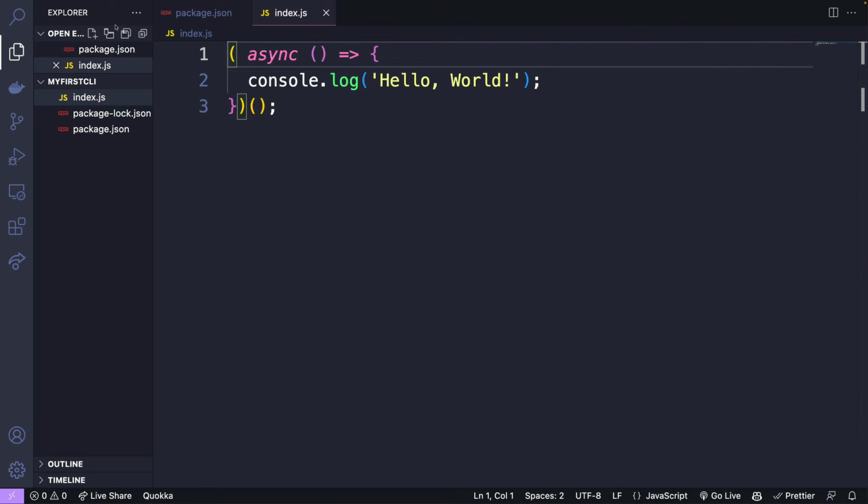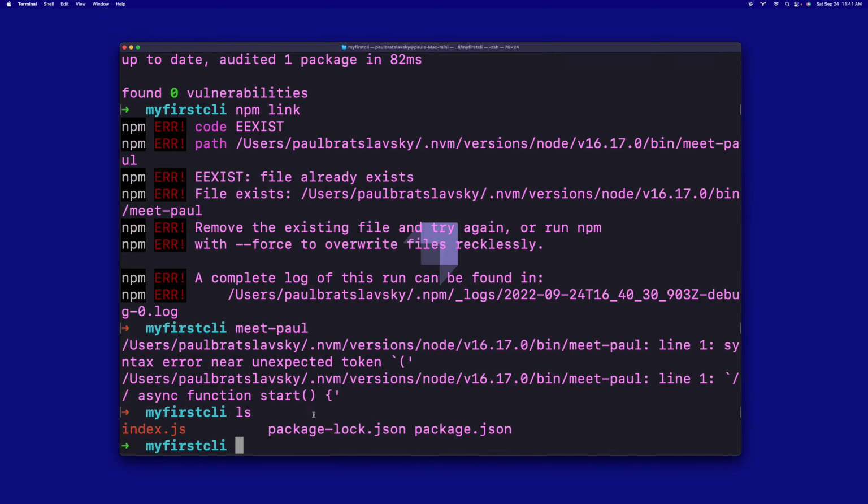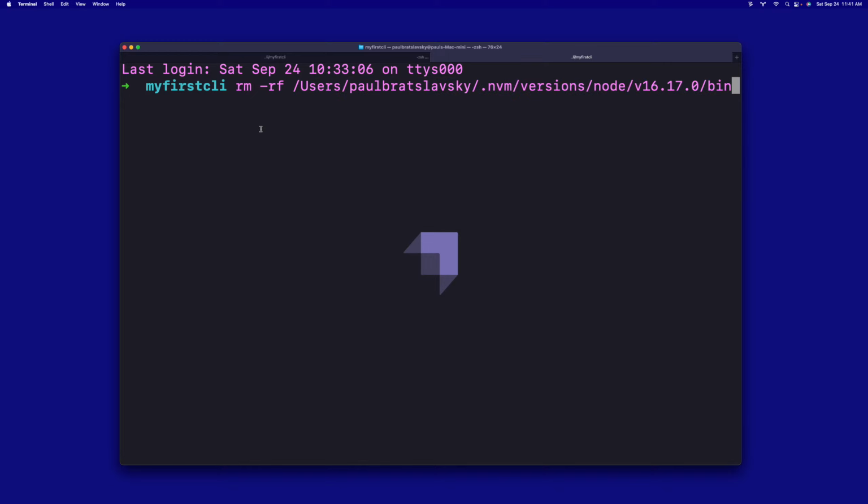So another way you can do it is go into that folder that Mac is telling you where it is, and then manually delete the files. If you go into users, blah, blah, blah, bin, and then you kill off the file, you should be able to link it again. So if you do rm -rf, if you're on Mac, and then you paste in the whole thing, and then you add meet poll, or find it in Finder,